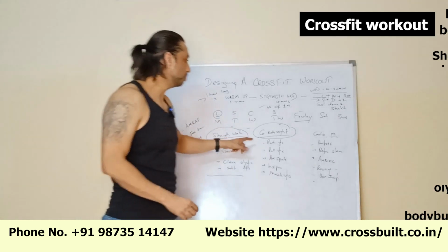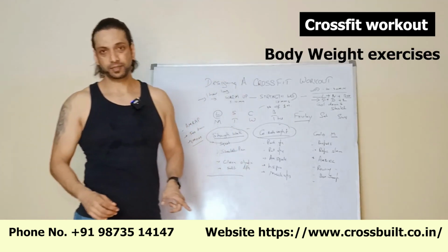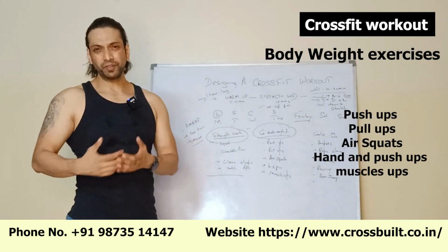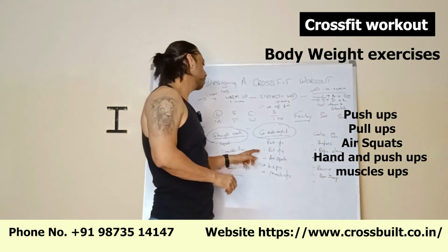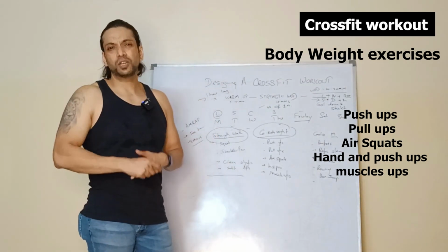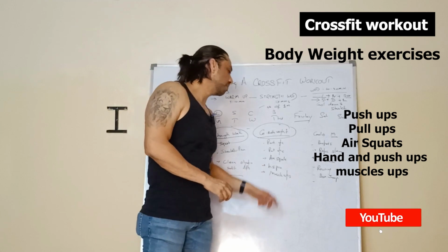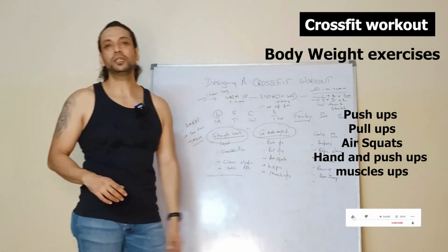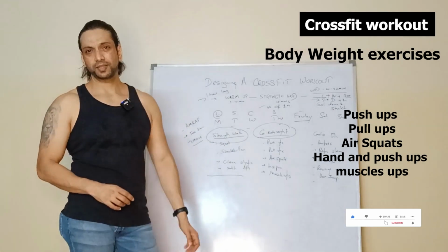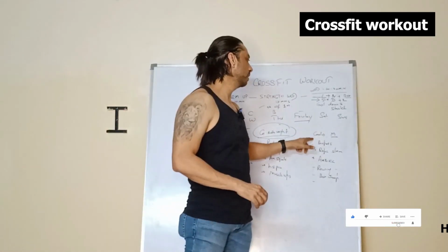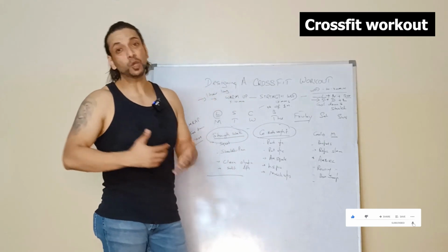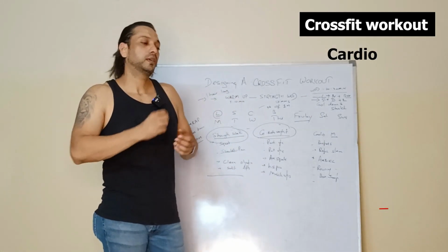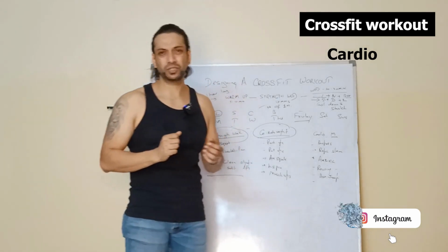All right, the second bucket was body weight exercises. All right, this is important. So you jot down the body weight exercises that you can do: push-ups, pull-ups, air squats. If you're an advanced athlete, handstand push-ups, muscle ups, loads of exercises that you can put into the bucket of body weight exercises. Lastly, you would create another bucket of cardiovascular movements called Metcon, which are fast in nature and